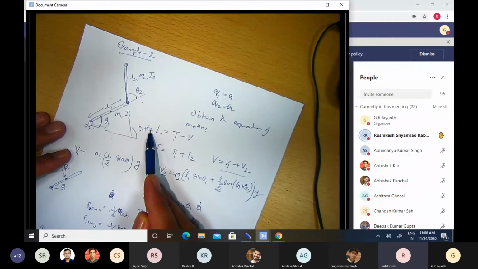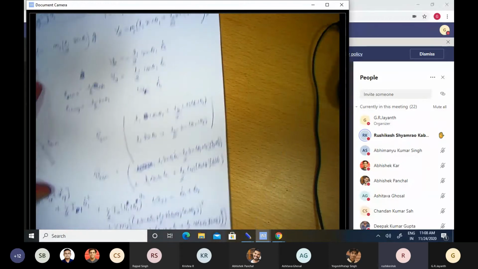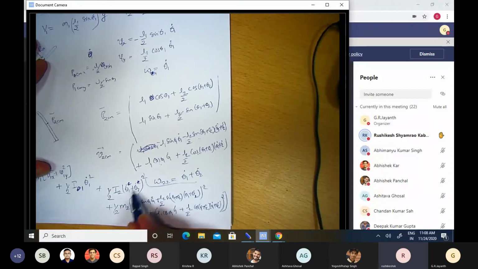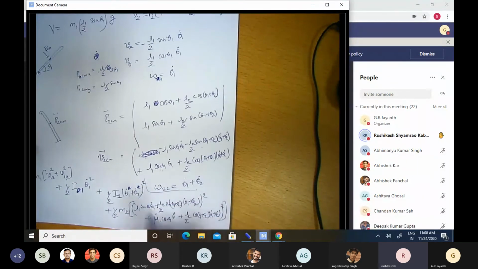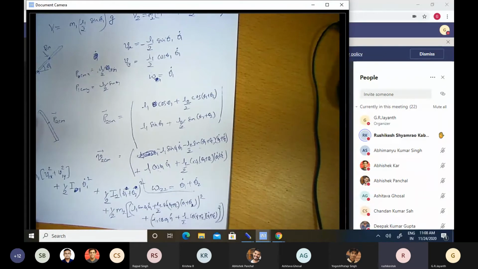And therefore the kinetic energy will be half, oh, this is not theta 1 dot plus theta 2 dot, it's the whole square. I'm sorry, that's why I got confused. You are absolutely right. Thank you for pointing it out. Theta 1 dot plus theta 2 dot whole square. Okay, any other questions? Thanks a lot for pointing it out.